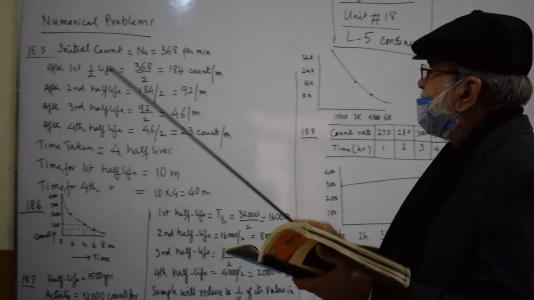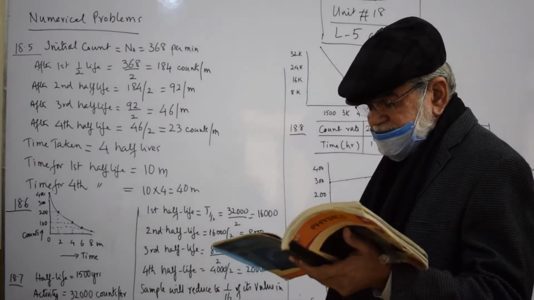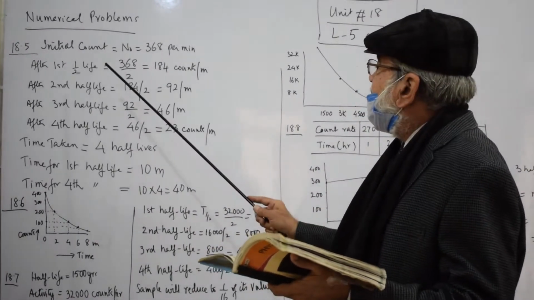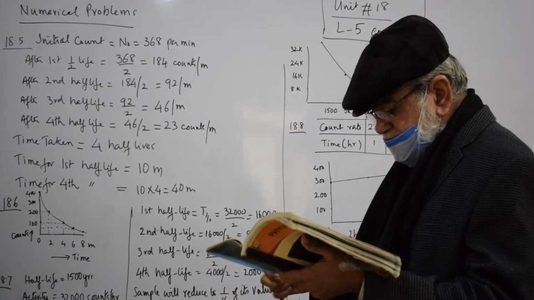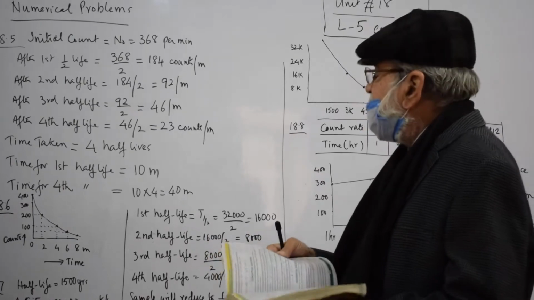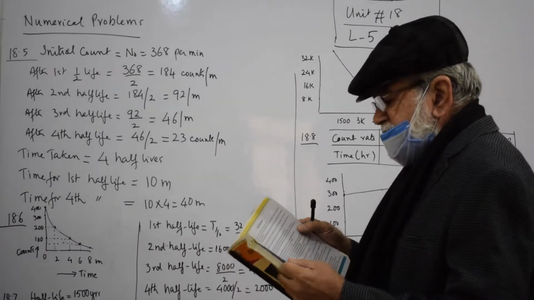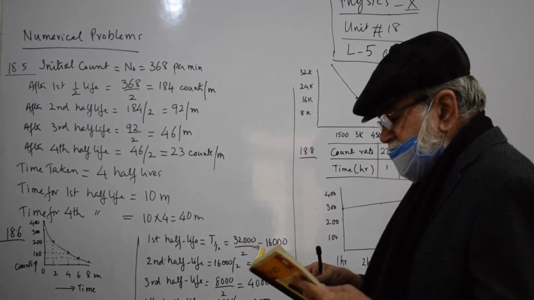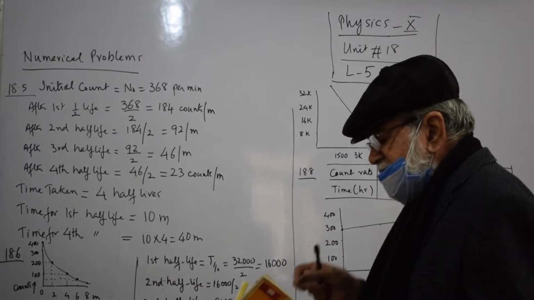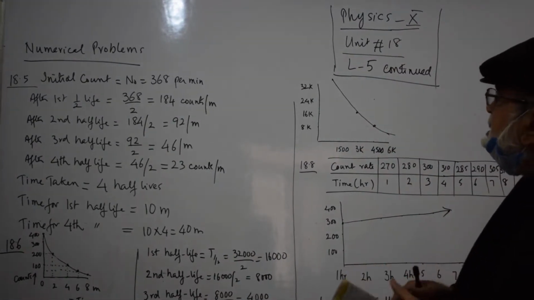18.5 reads as this: The half-life of a radioactive element is 10 minutes. If the initial count is 368 per minute, find the time for which count rate reaches 23 counts per minute. So we have the initial count is